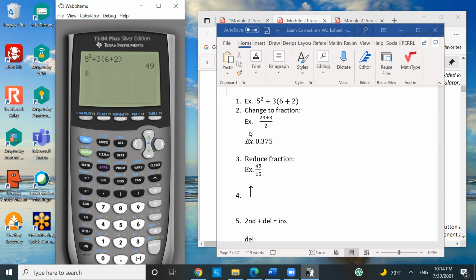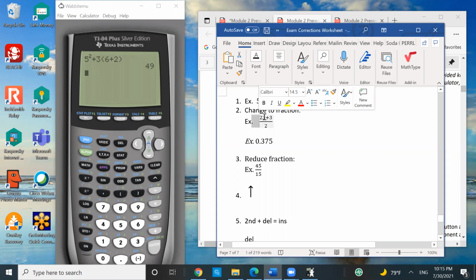Next one, change to fraction. So how to change it to a fraction? The example first one. So you see this one is a fraction. It has the up part, that's the numerator, and the bottom part, that's the denominator. When you see this expression, it doesn't have the parentheses, but when you express this in the calculator, we need to have parentheses on the top